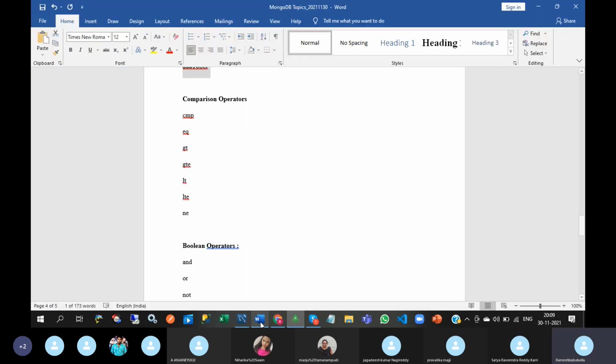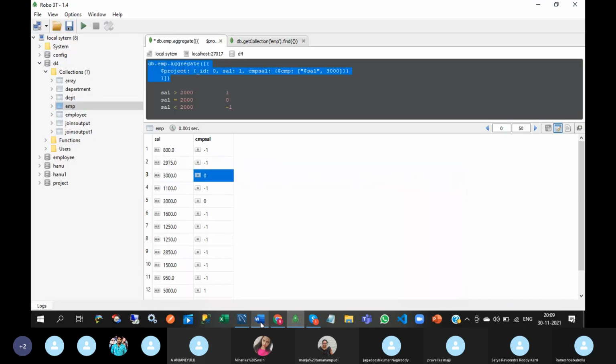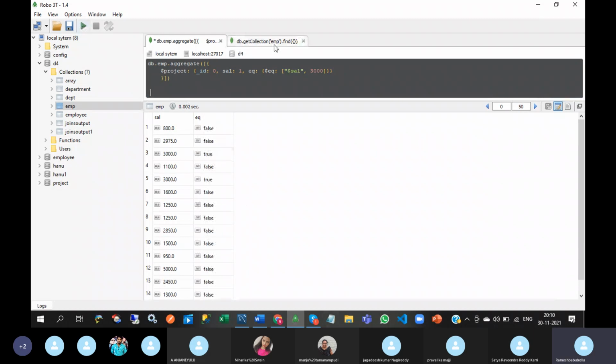Next one is equal. In syntax, just replace with the operator equal. See this.